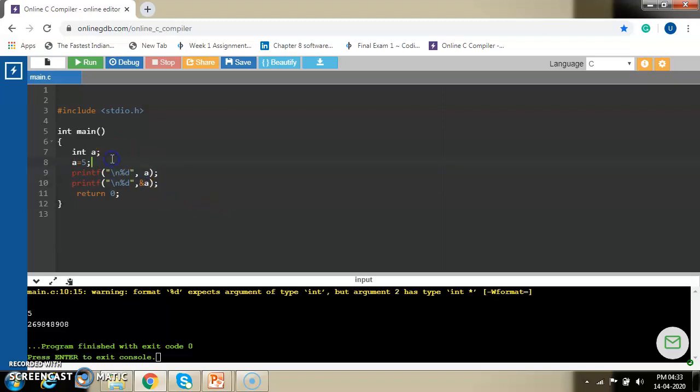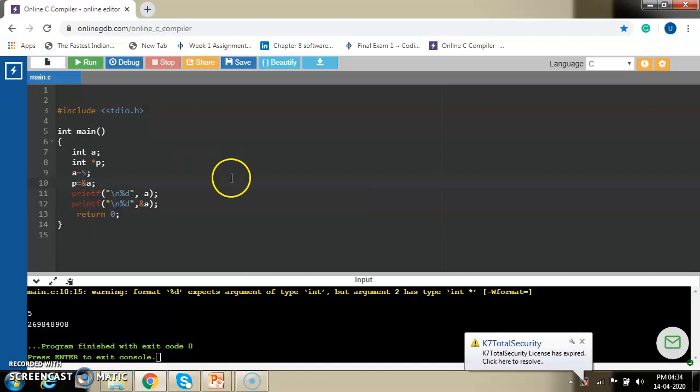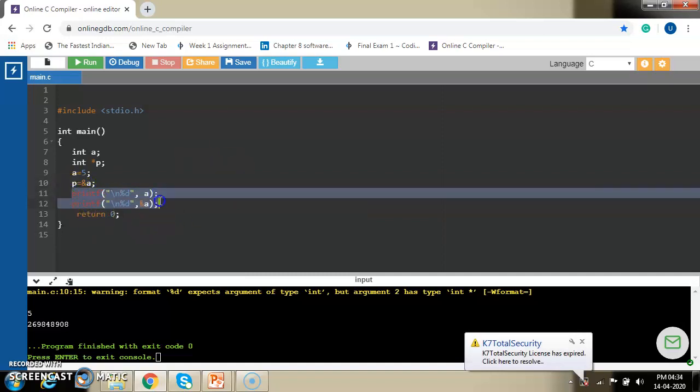Now if I want to write a pointer, what do I have to write? I have to declare it with the data type, say integer, because I want to create a pointer for a, and a's data type is integer, so I have to take integer before declaring the pointer variable, say p. Okay, so this is declaration of pointer. You have to write star when you declare a pointer variable. Now I have to assign the address of a to that pointer. Okay, so I assign the address of a to the pointer.